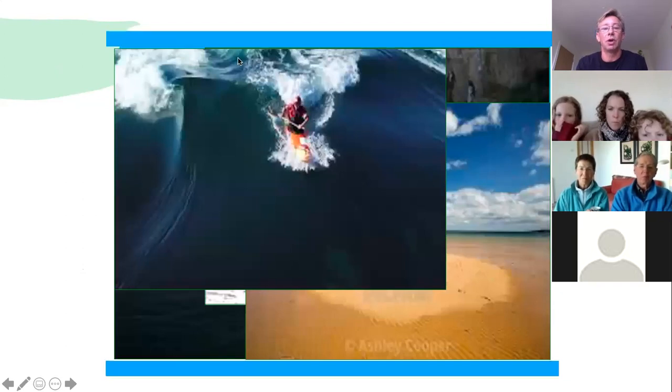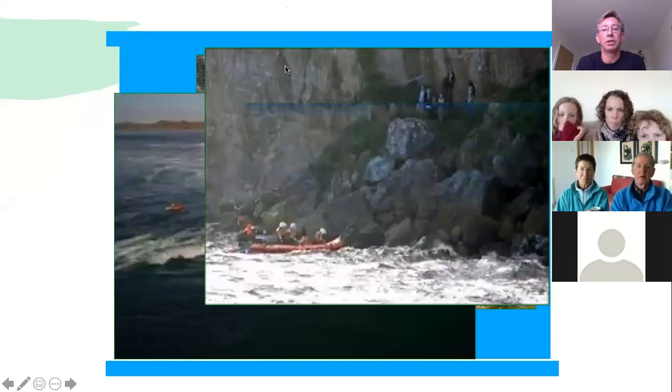Okay, so why do we want to understand about the tide? Well, the images I have on the board here, so I'm just admitting other people who are coming in, are all tidal. This amazing image of the kayaker, that wave is created simply by the tide. If we go on to the next one, the tide can affect us in lots of different ways, and when we go to the coast we can use the tide to our advantage.